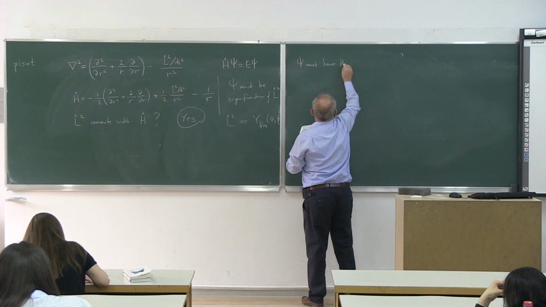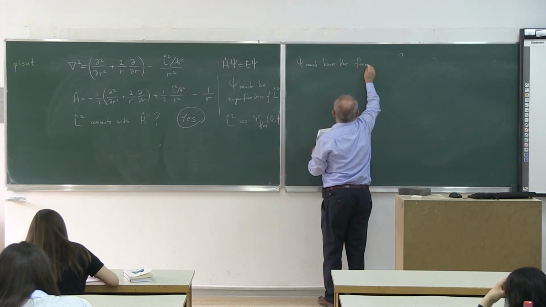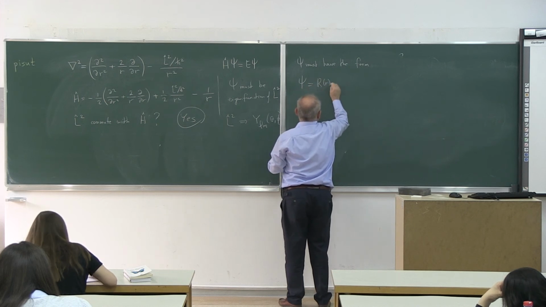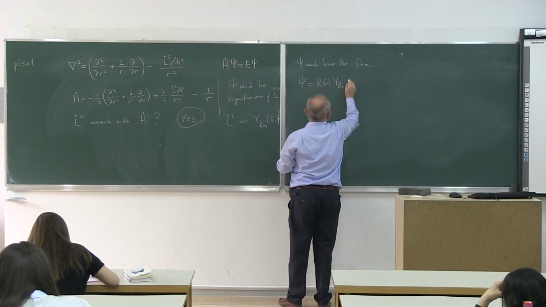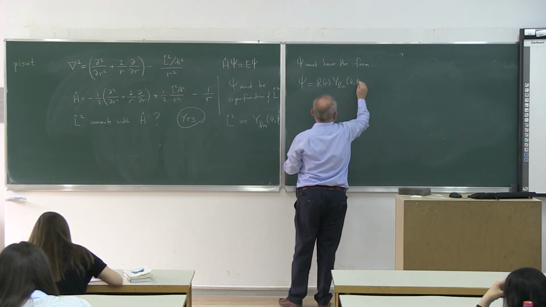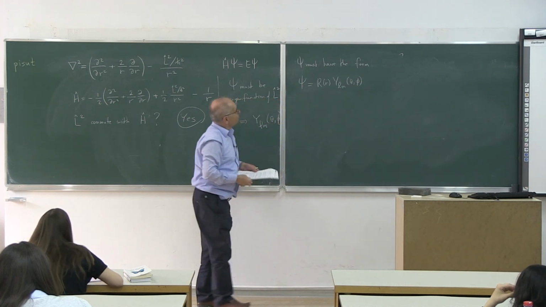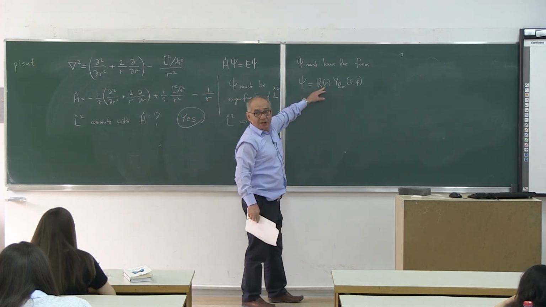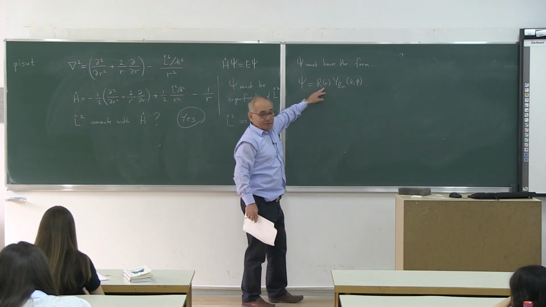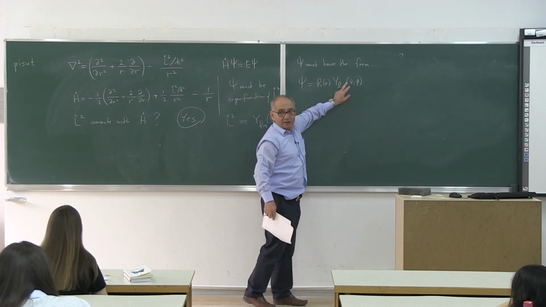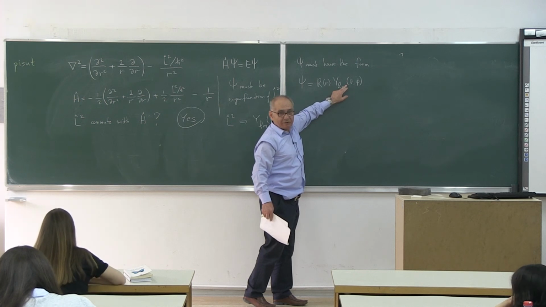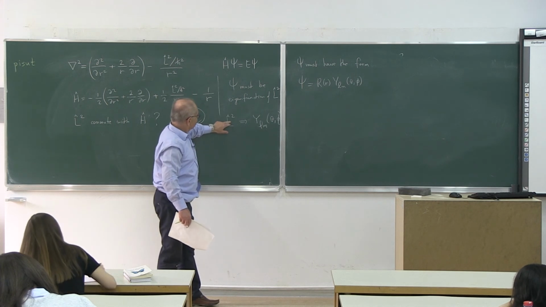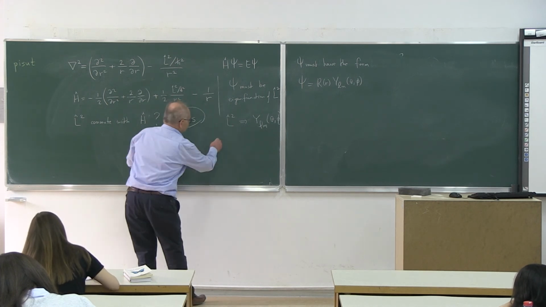It must have the form a factor which contains only the r variable multiplied with a spherical harmonic function. Because L square, remember,